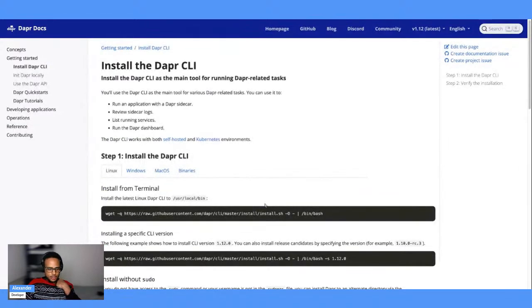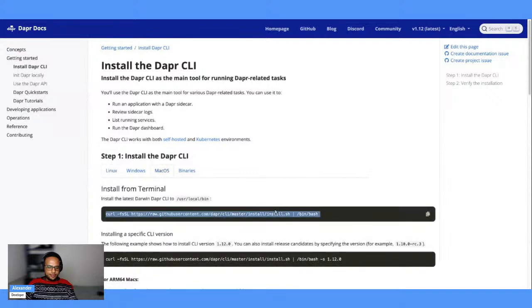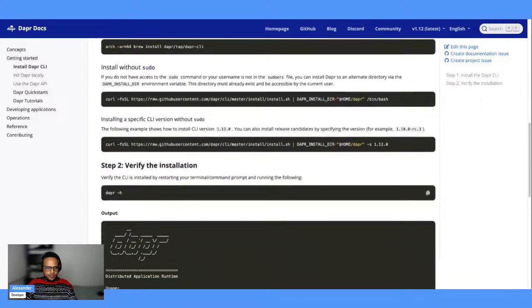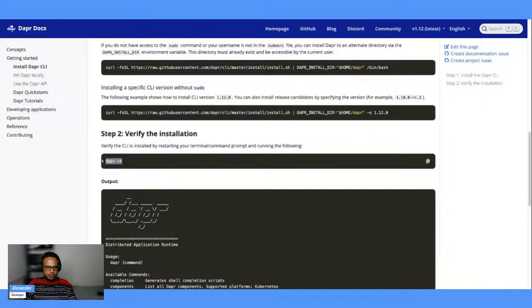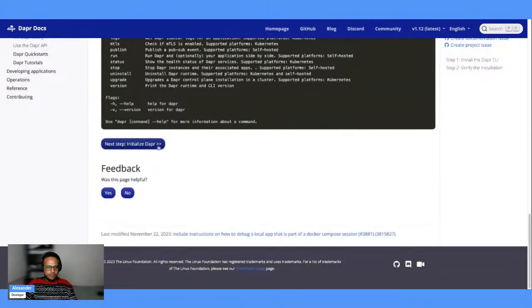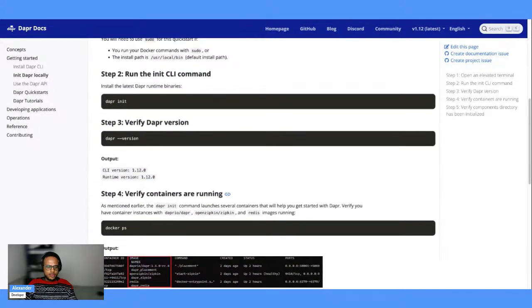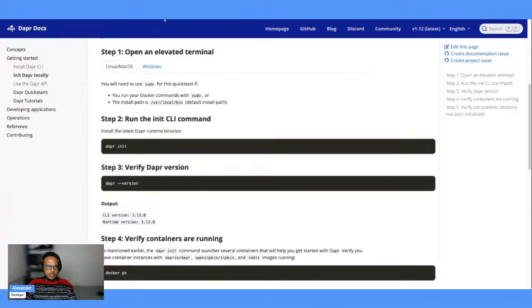So first step is to install the Dapr thing. Can do that. So I'm running the CLI thing in the background. It's now asking me for the password, and it got installed. Okay. So it looks like it's using Docker, right? Let me